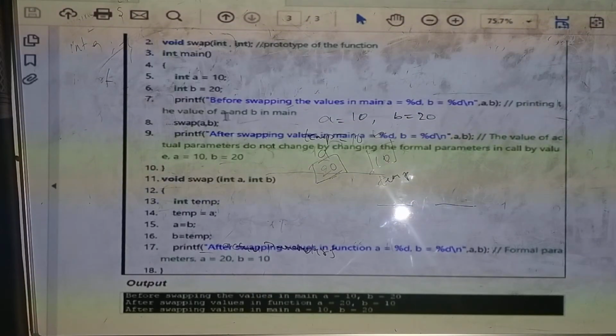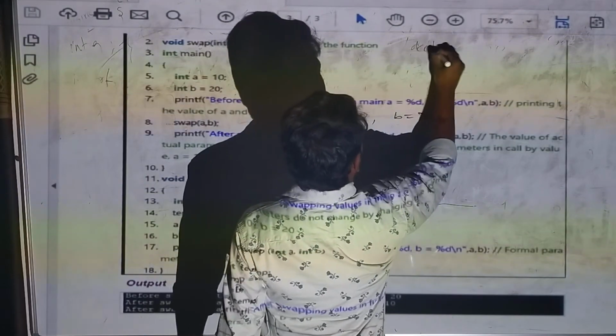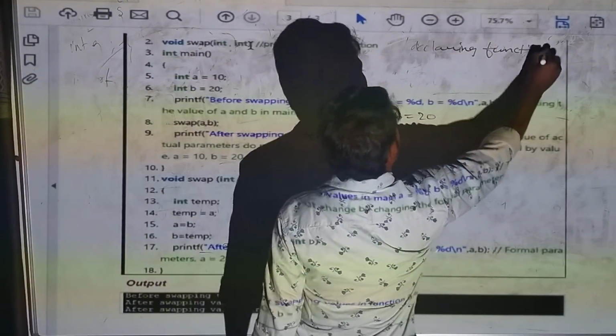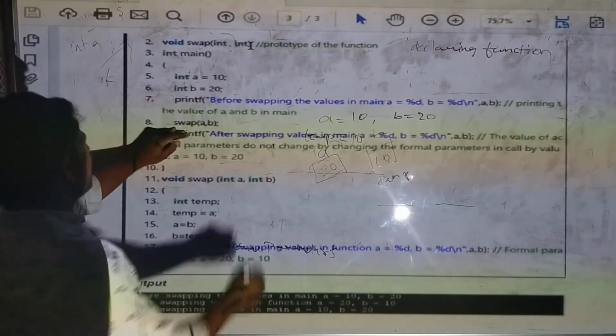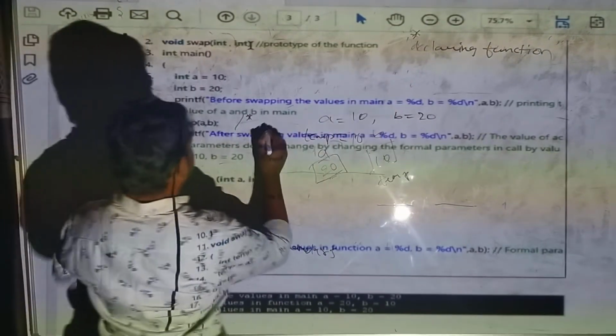So first the main program will be executed, right? First we are declaring here. So for any function, you have to remember this. First we are declaring the function. Okay. So in the main program we are calling a function here.